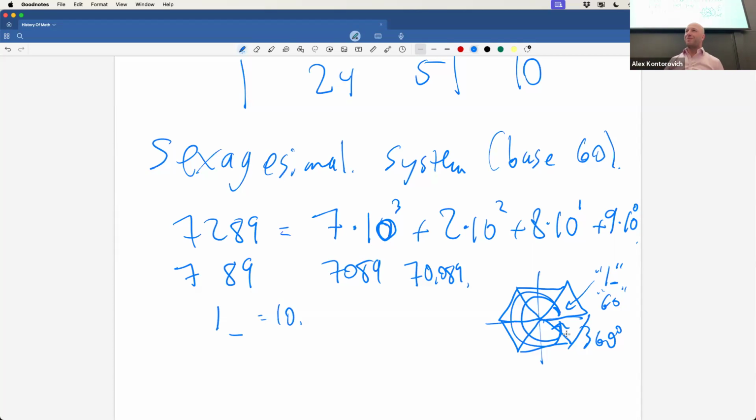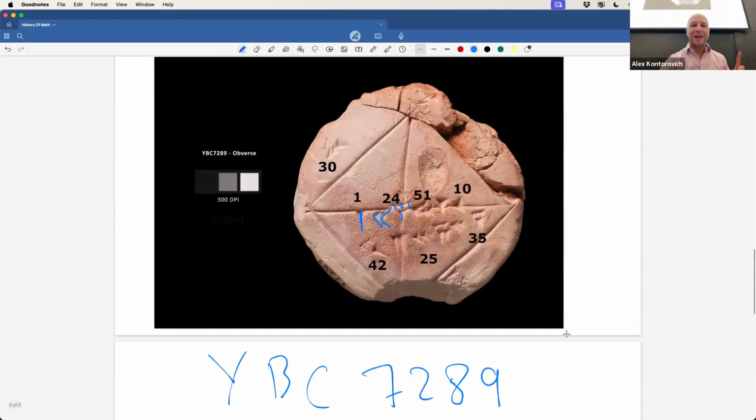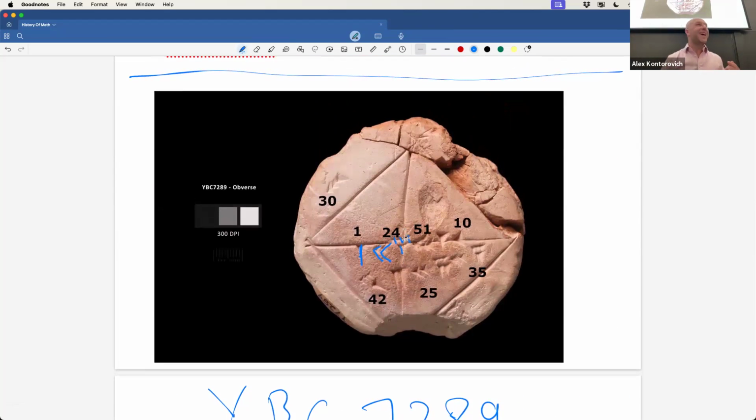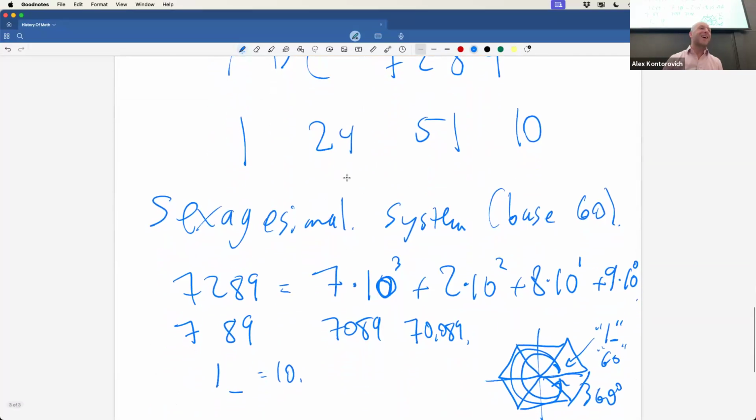It really works very well. Eventually, we went away from it because, by the way, even within base 60, they're writing in base 10. 24 is really 2 10s. So you can have at most, this number 51 is the largest number of 10s you can have. You can have 5 10s. This is 5 10s right there, and a single 1. And then this is a single 10, rather. Okay, so they're writing in base 10 inside of a system that's base 60.